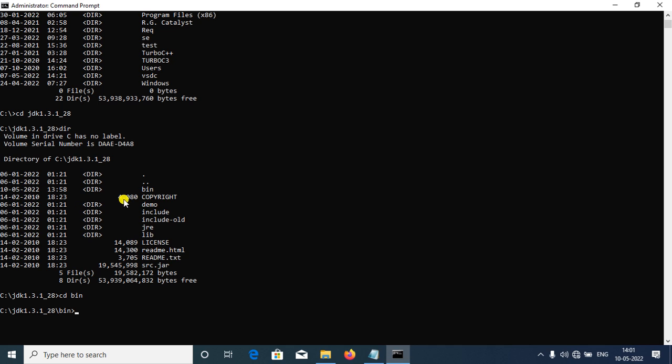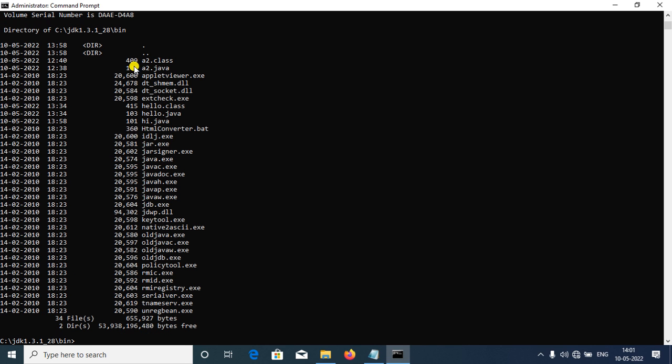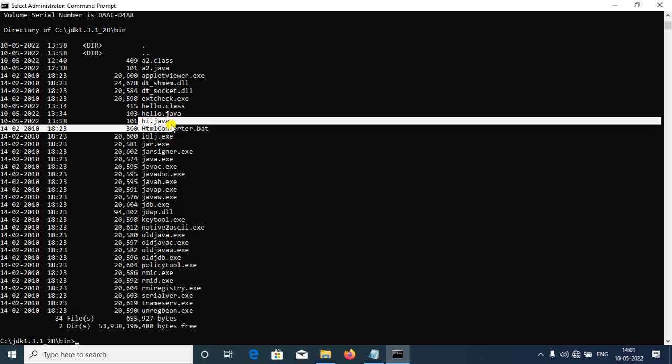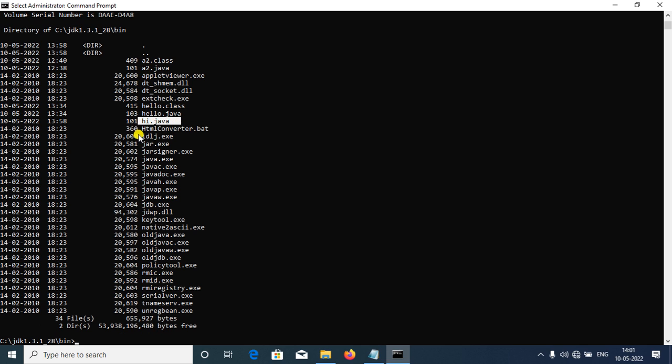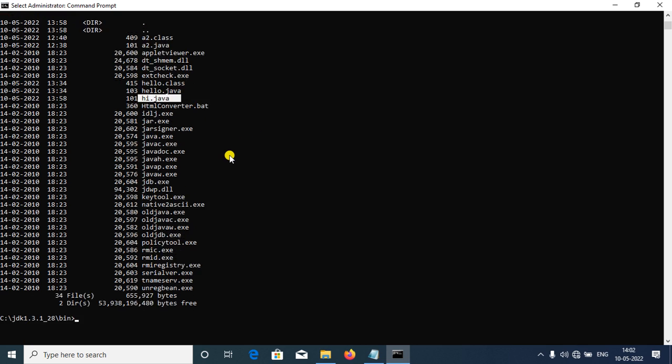We saved the file inside bin, so we will check the file name. You need not check the file, you can directly compile, but I will show you for your understanding. Type dir, and hi.java is our file name. See here, upside hello.java is there, downside HTML converter is there.